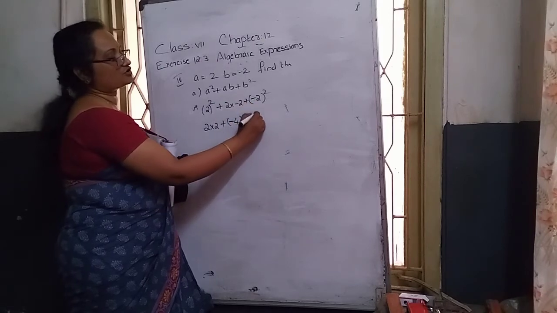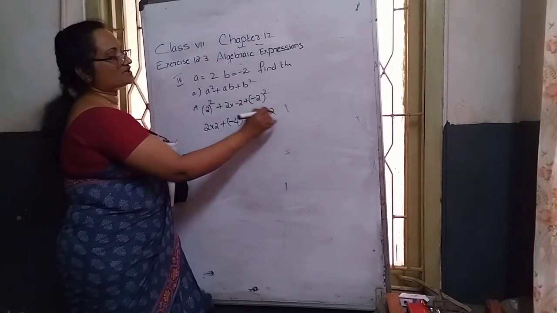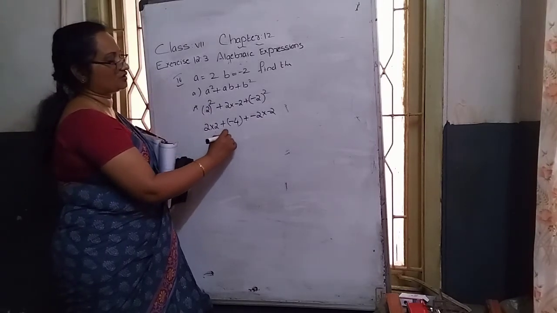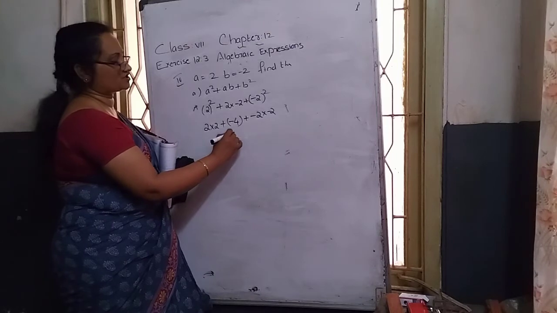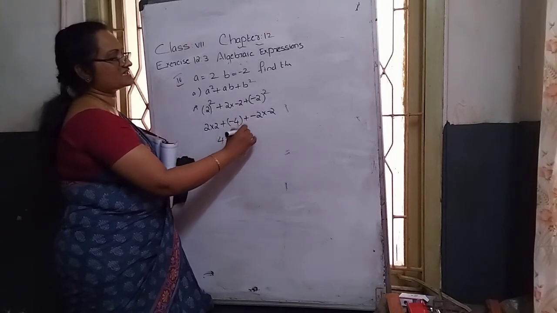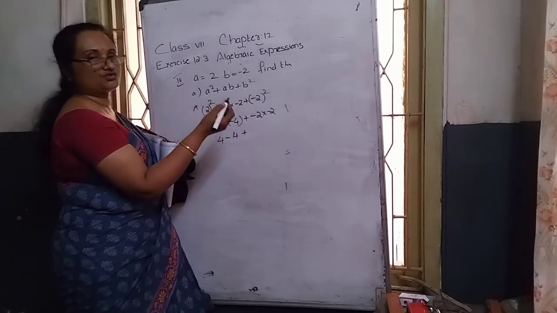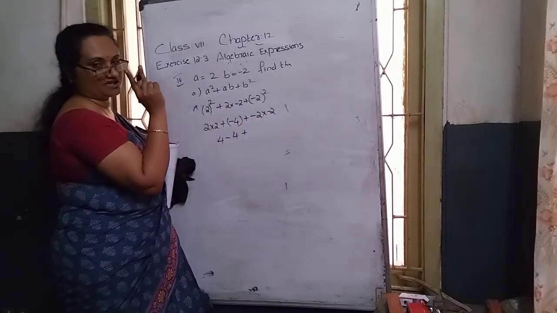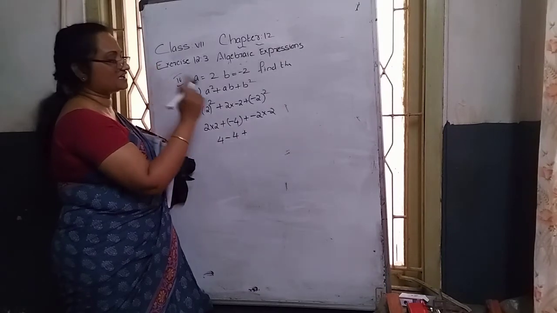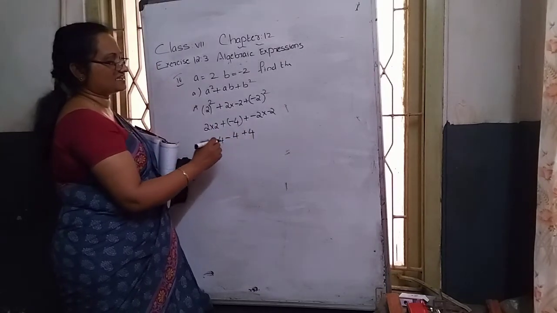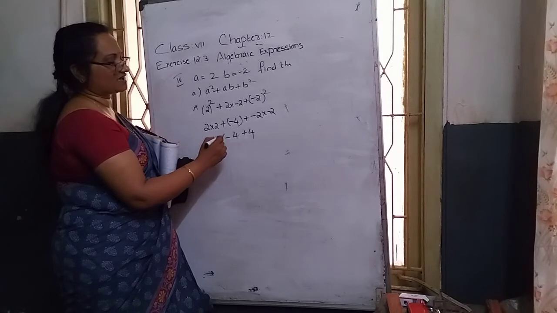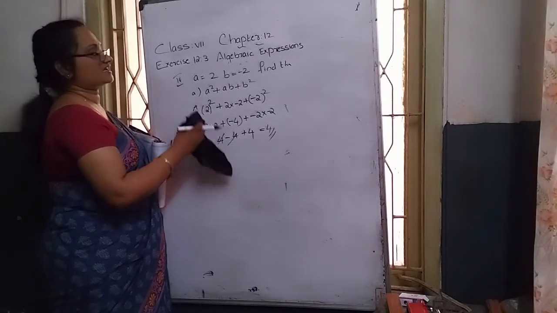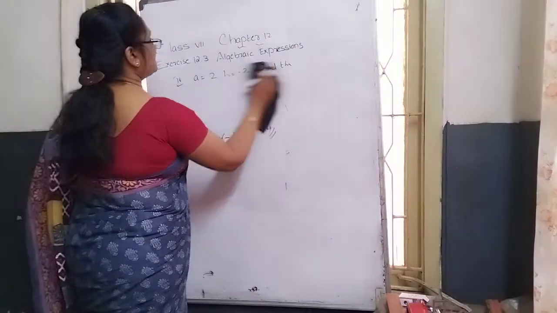Plus this part, how to separate? Minus 2 is 2 times split, right. Again calculate, 2 2s are how much? 4. Plus of minus changes to minus 4. Then here plus minus 2 into minus 2, 2 2s are how much? 4. Here the negative sign how many times? In the third term repeated 2 times. 2 is an odd or an even number? Even number. That's why plus 4 is the answer. Here 4 minus 4 becomes 0. Leave the remaining, which number only? 4 is the answer. I hope you can understand this fourth Roman.